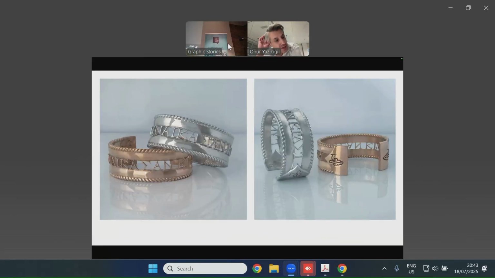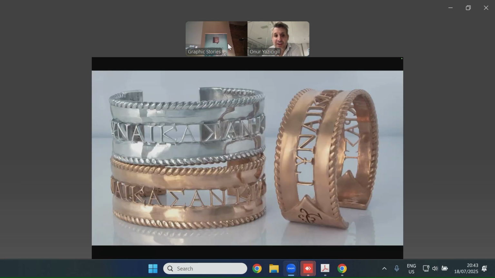And she took the letterforms and then she turned them into these bangles where it reads Yanake san krasi, women like wine. She wanted to honor aging, and she finds as you age, it's like a beautiful wine. It was an analogy that she wanted to make. And she turned them into these really